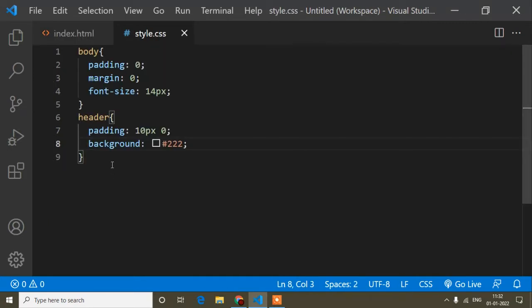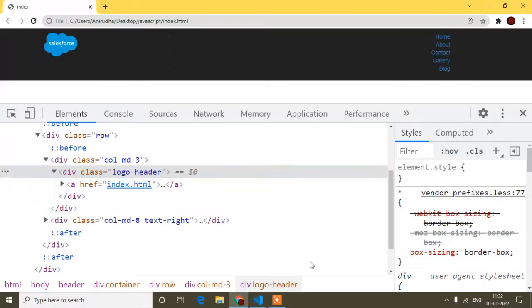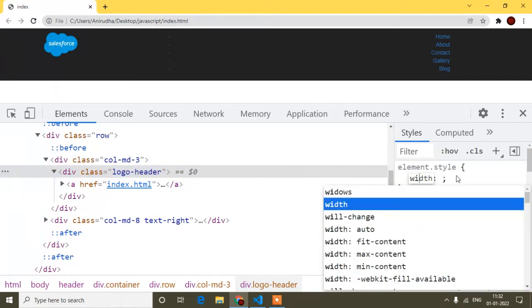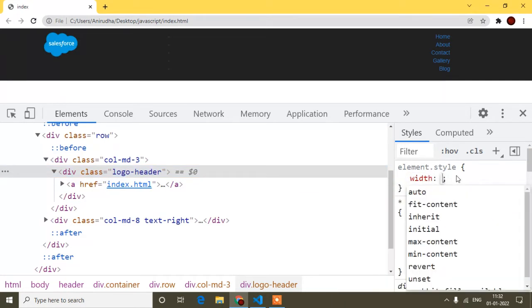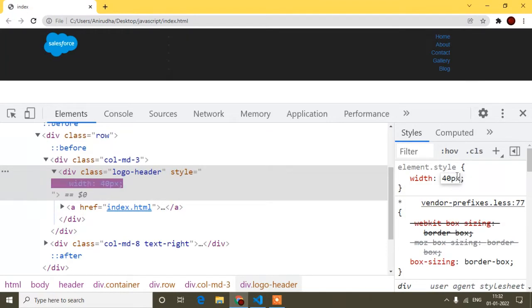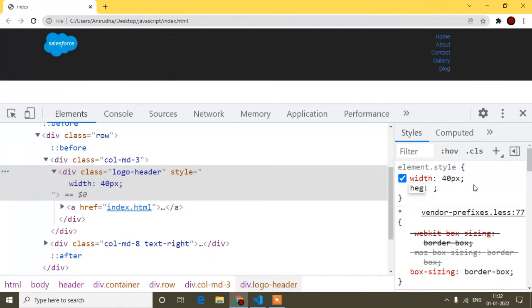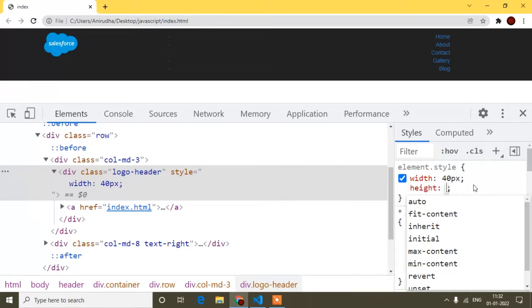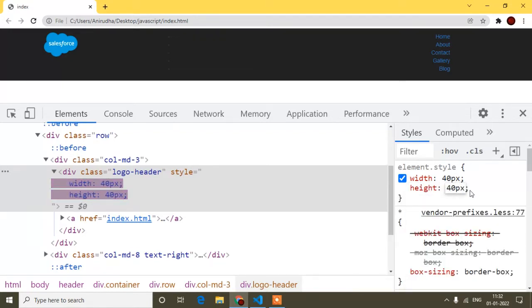So here you have to write the class name, logo header. Okay, so inside this logo header class, you have to set a width. Okay, width is 40 pixel, and height is 40 pixel. Like this way you have to set width and height.